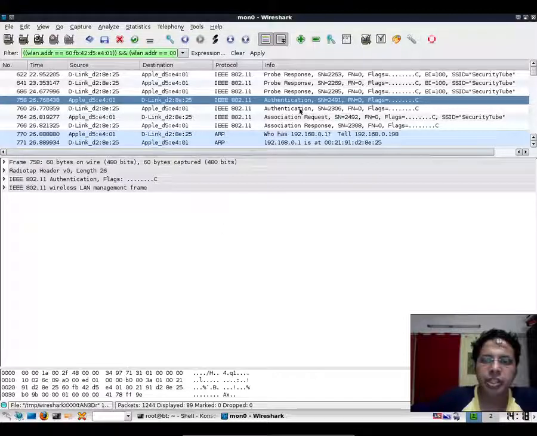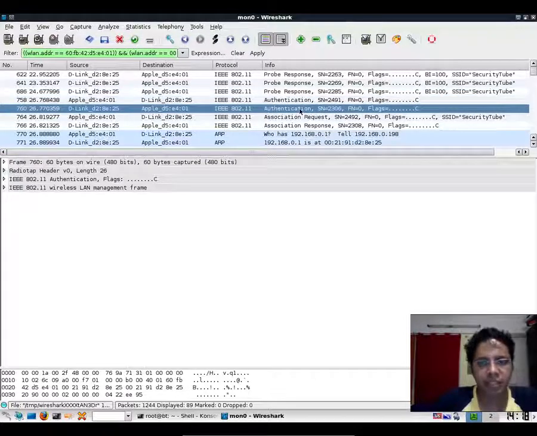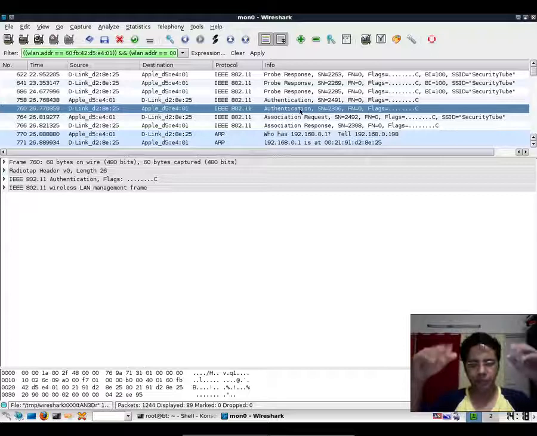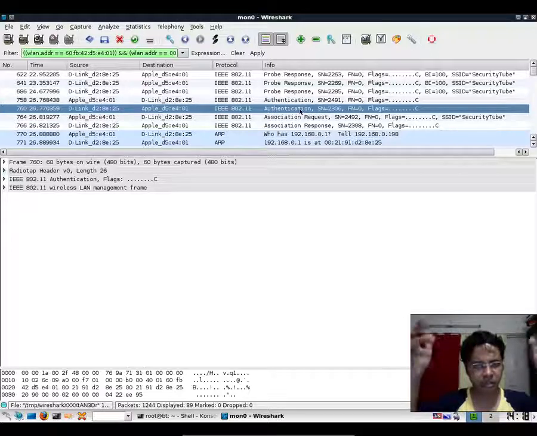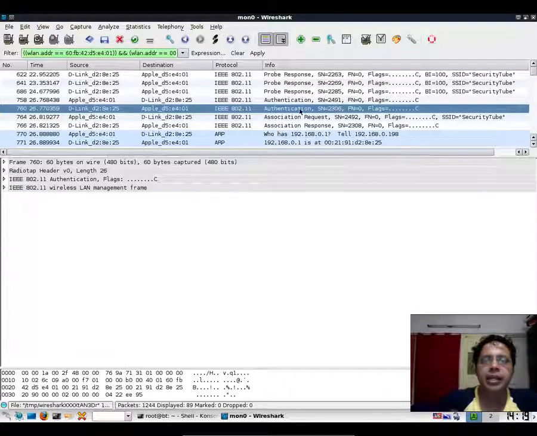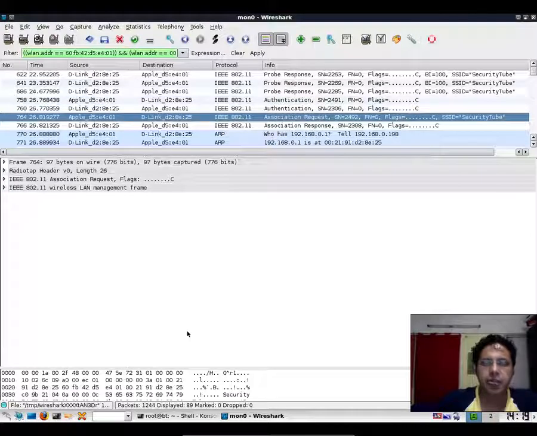Depending on the authentication schema, if it is successful, then it gets an authentication response of success from the access point, right? After that, the client goes ahead and sends an association request, which is basically them getting ready to really start talking to each other.